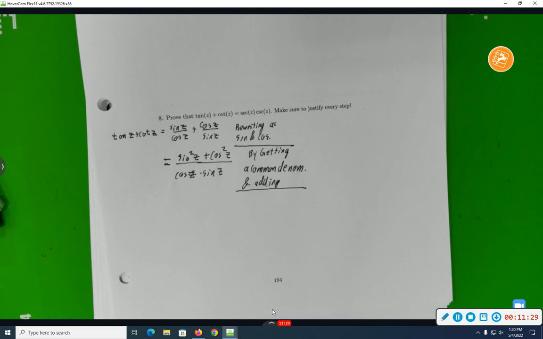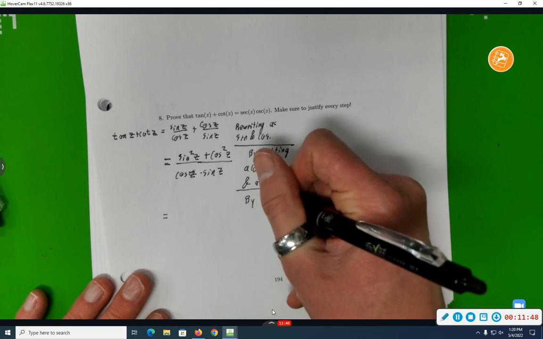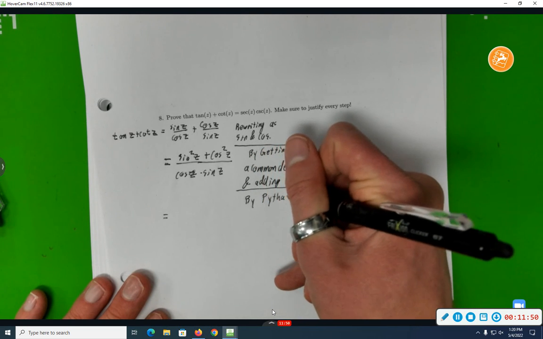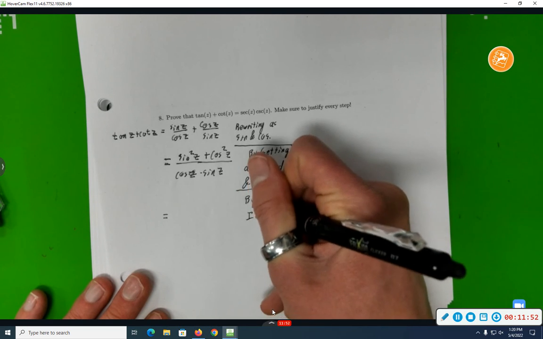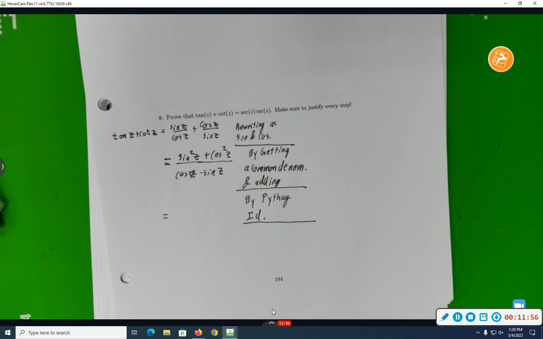Cool. So how many people's write-up have I basically followed on the nose so far? Cool. What's the next step anyone did? Use Pythagorean identity. I see a sine squared plus a cosine squared. Pythagoras tells me something. By Pythagorean identity. So by the Pythagorean identity, what does this become? 1 over cosine